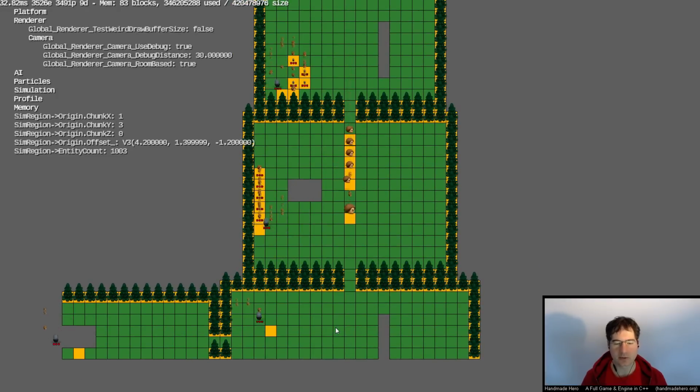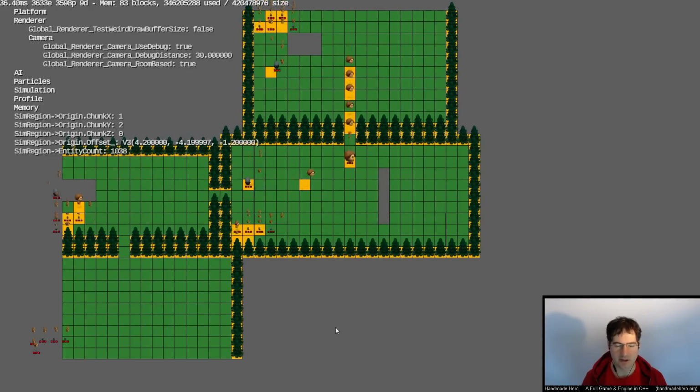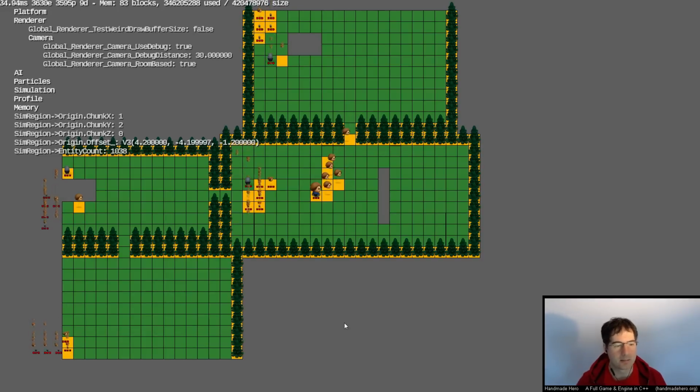So if you take a look at what's going on there, you can see that basically everything's working fine with the camera in terms of picking out which room we're in, and everything's working fine with the world gen to a certain extent there, and that's all fine. But